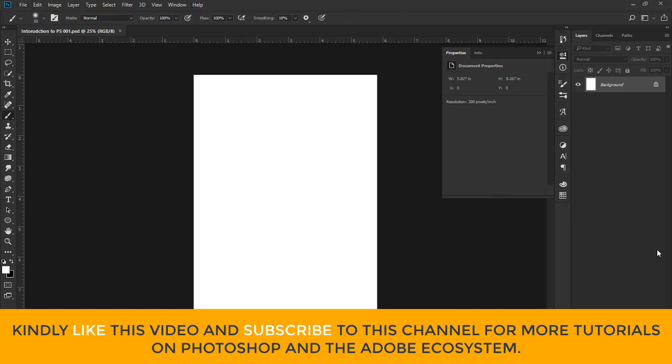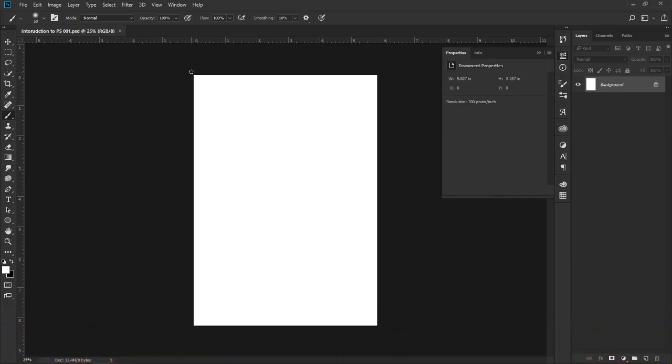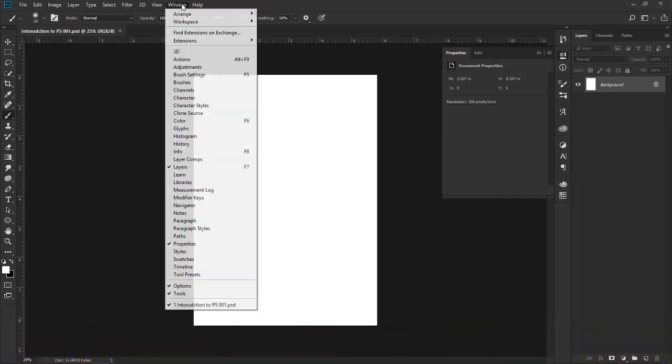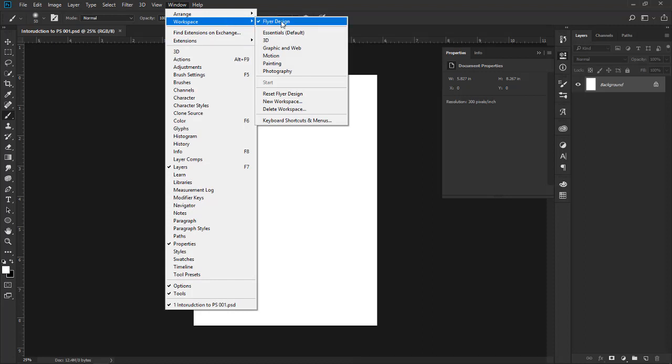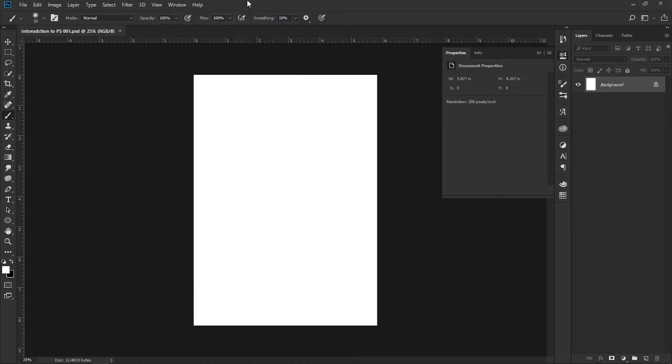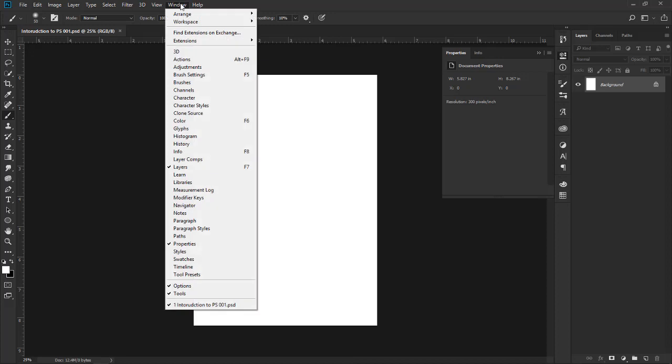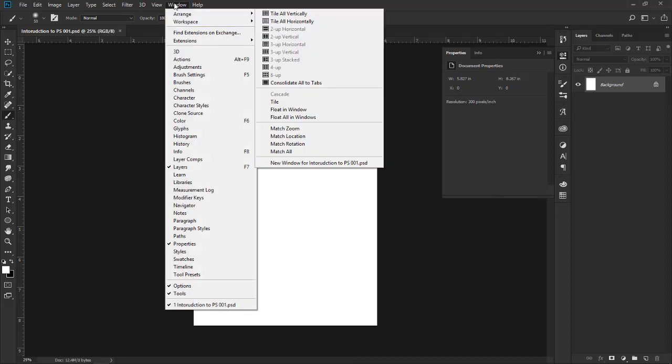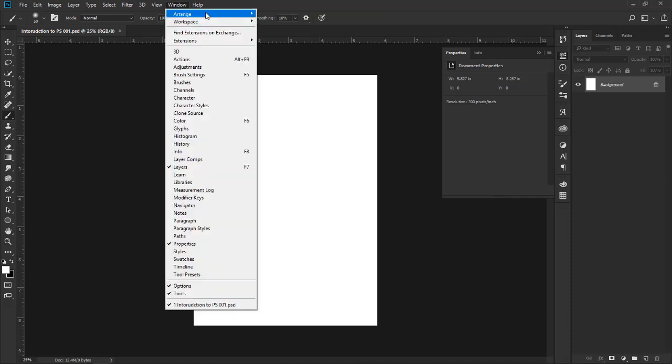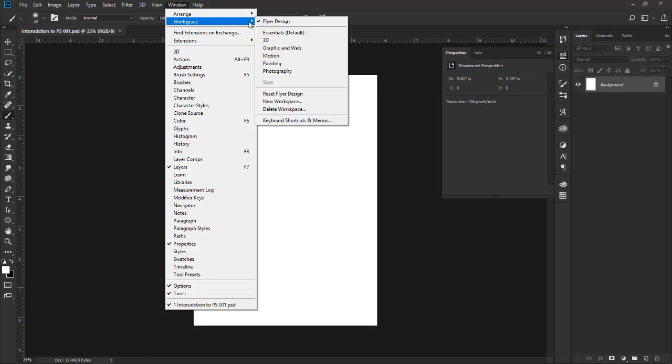I said I was going to introduce the interface. Before I do that, or rather, in doing that, I'm also going to introduce workspaces. So to find the workspaces, or go to workspaces, or view workspaces, I don't know. Okay, so you simply come to Window, and under Window here you find Workspace, and I have here flower design. I'm going to tell you how that happened later, because you probably won't see this in your